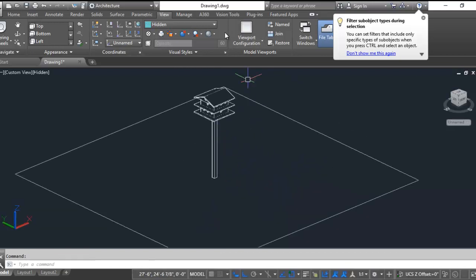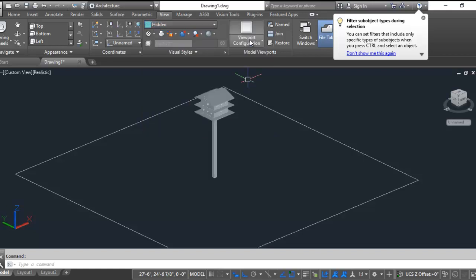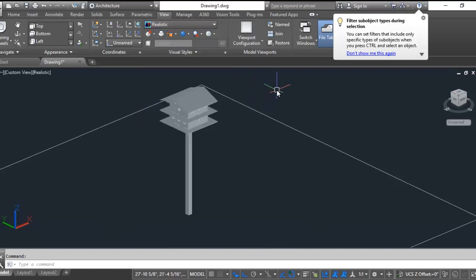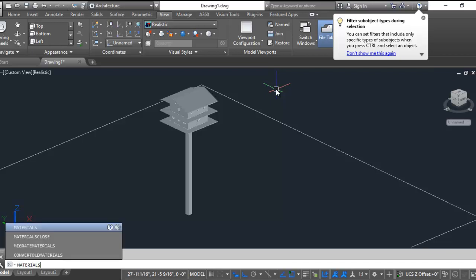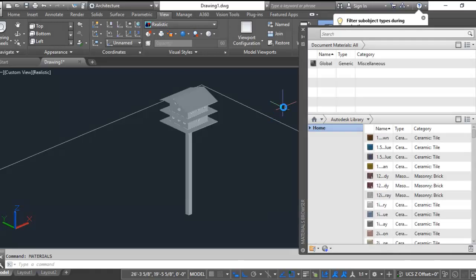Okay, now as we begin to apply materials, let's go to a realistic visual style, otherwise you won't see the materials that you apply, and type in the materials command if you don't have the ribbon toolbar for materials, like I don't. And then you'll see your materials. So the only thing in here is our miscellaneous, which is currently applied. So we pick our finishes. So maybe I want that